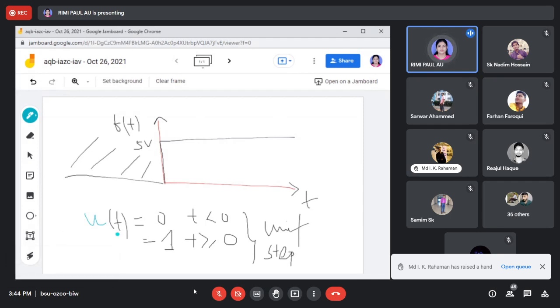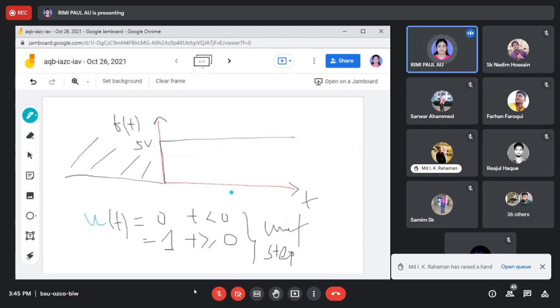And when I am taking the unit step function, any signal when I am multiplying with the unit step signal, that means we are just switching off this part. We are just taking this part. Only the positive part we are taking, because multiplication of magnitude with this one value will not change the other signal magnitude. But what will happen?